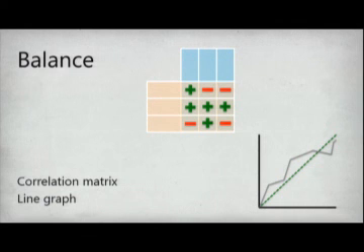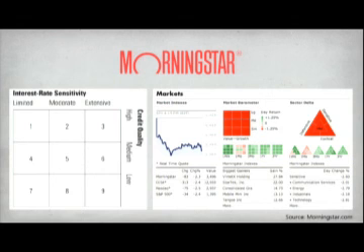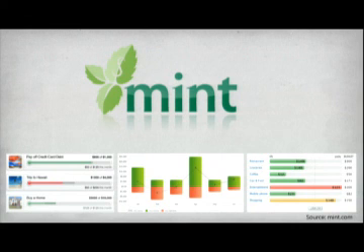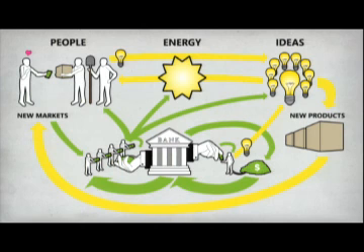There are a few places out there where this is starting to be done. I wouldn't say that it's perfect yet, but one example is Morningstar. They rate different funds and investments based on their risk to reward ratio and the size of the business. Mint, for consumers, is showing people where their money is going and giving them tools to manage their money. But it's still pretty far cry away from this.